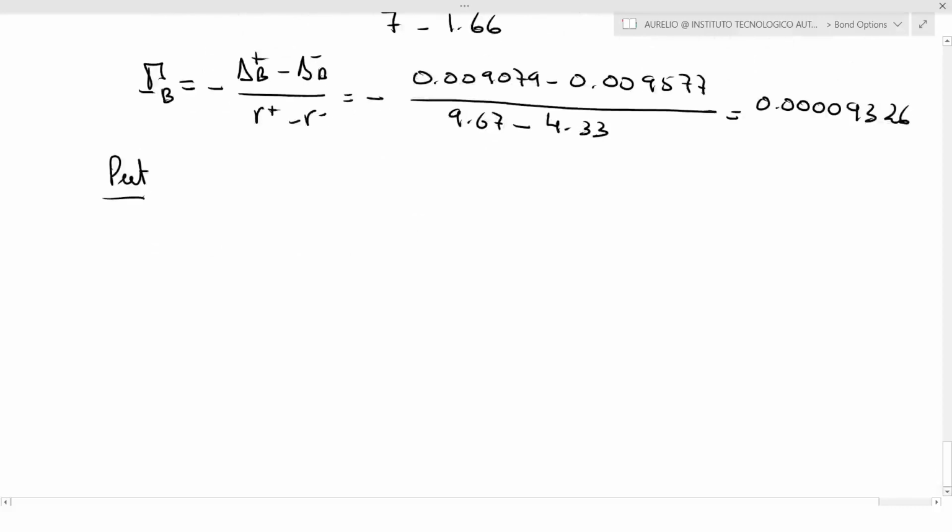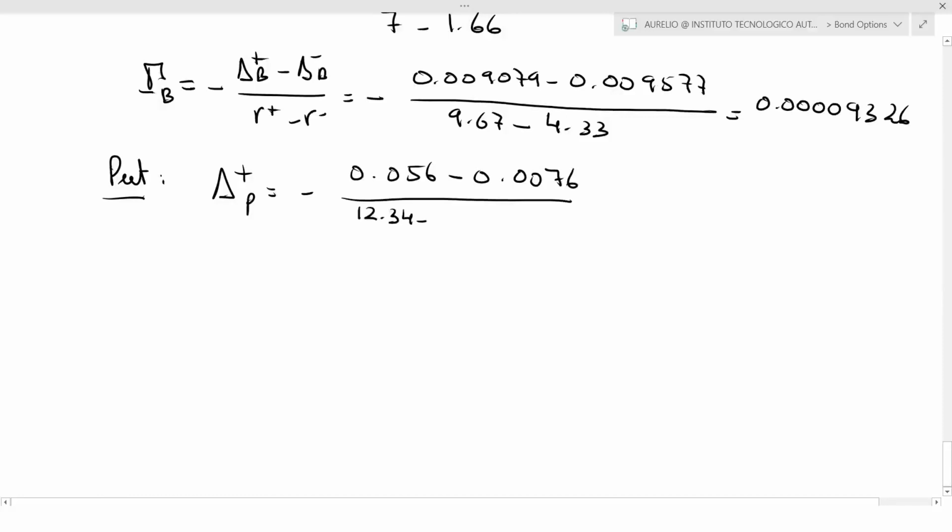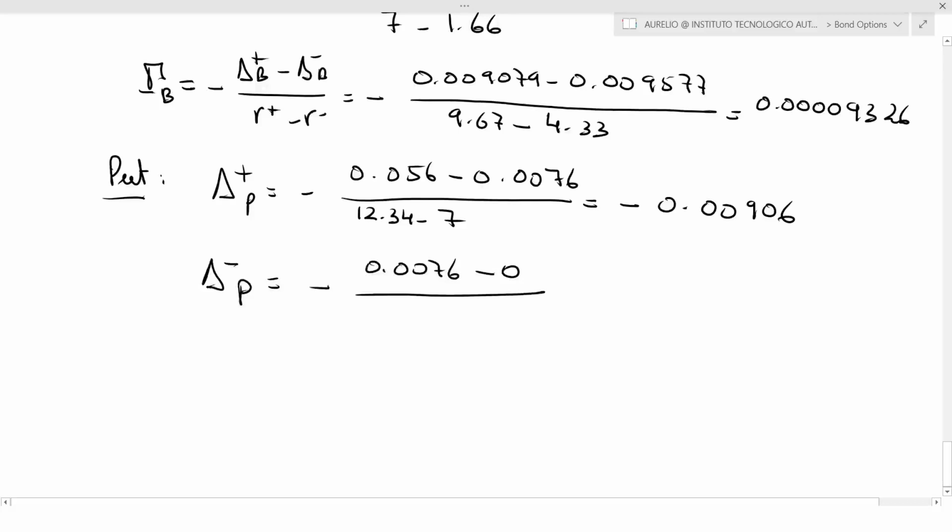Now we do exactly the same thing for the put option. That's the European put with strike of 0.94. So we're going to find that delta plus for the put is going to be equal to minus (0.056 minus 0.0076) over (12.34 minus 7), and this is equal to minus 0.00906. And then the delta in the down scenario is equal to minus (0.0076 minus 0) over the rates, 7 minus 1.66, and this is going to be equal to